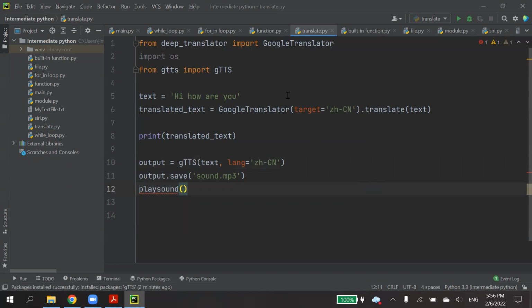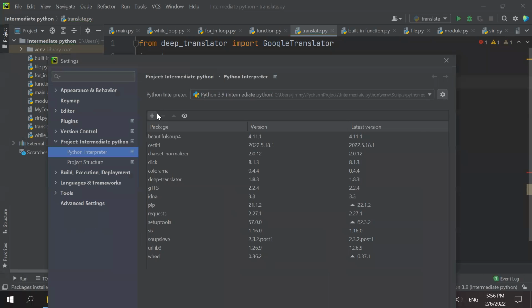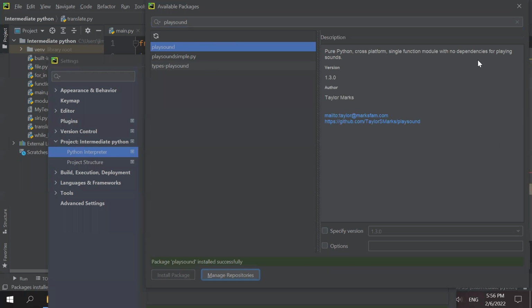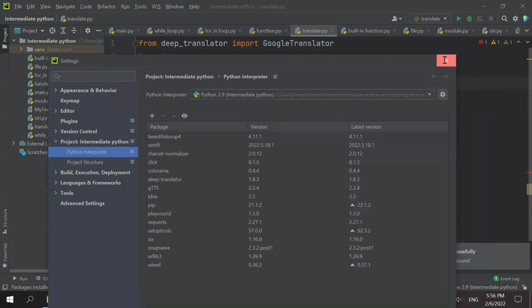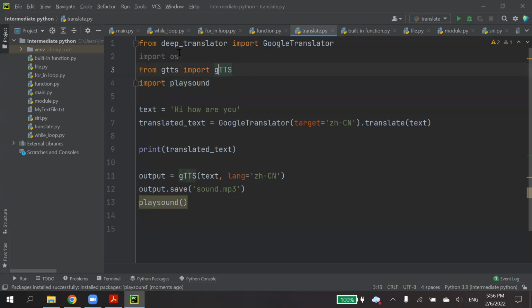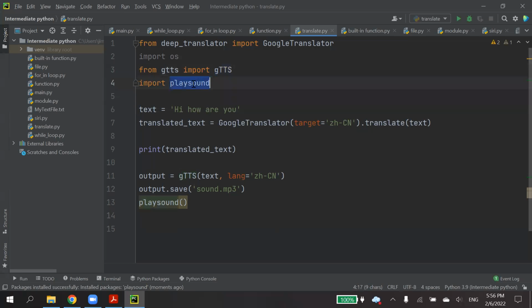It requires another package called playsound. GTTS just helps you convert text into a sound file, and then we need another package, playsound, to play it. Install the package. So see how convenient it is? If I want to translate something, I just need Deep Translator. Not just Deep Translator, there are plenty of packages that can maybe do translation. And if I want to convert text to speech, I just use GTTS. If I want to play the sound, I just use playsound. So it's very convenient to build complicated things. You just need to know what package you need to use and be familiar with it.